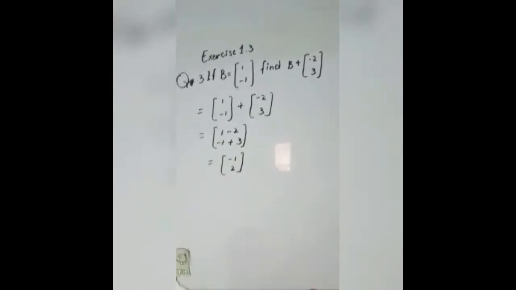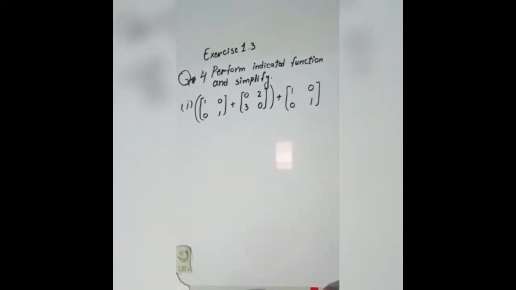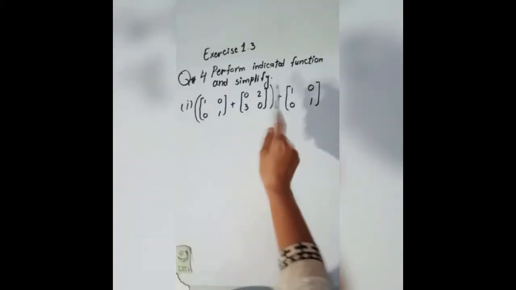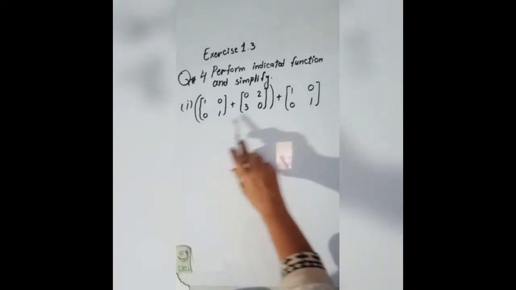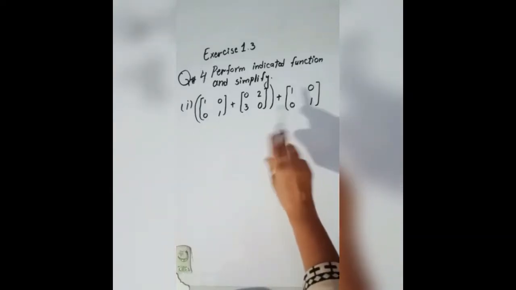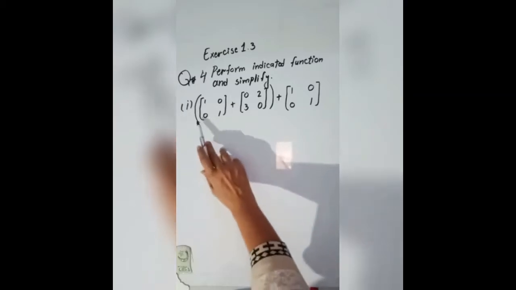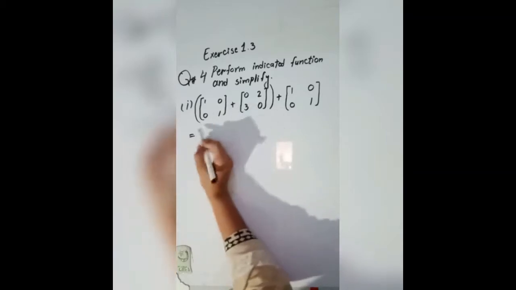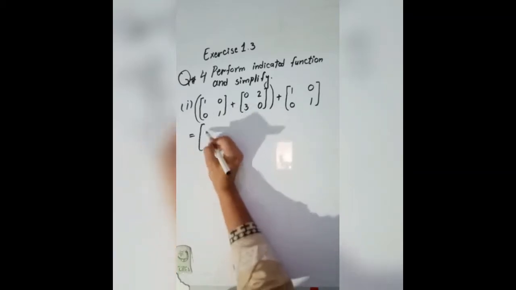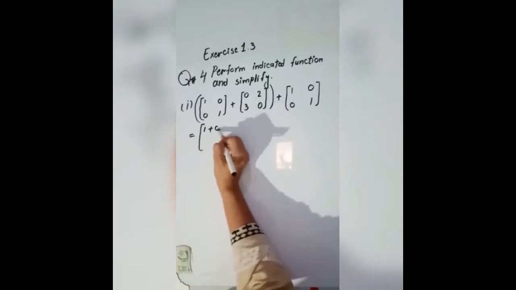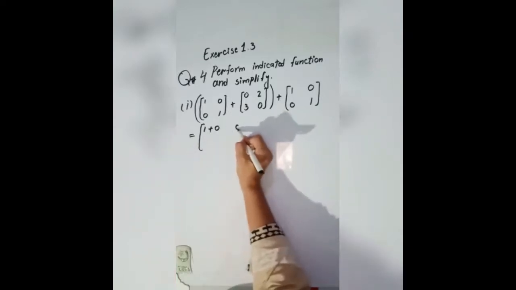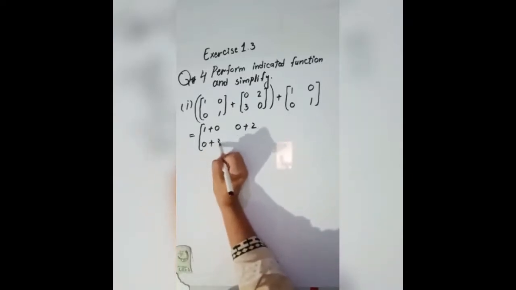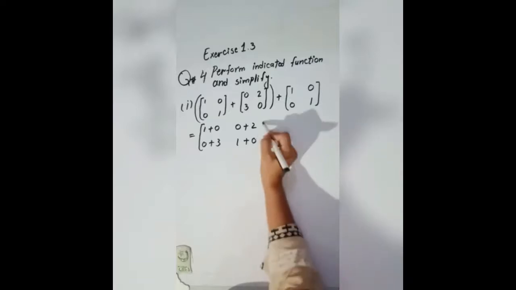क्वेश्चन 4 में हमने क्या करना है? क्वेश्चन 4 में उन्होंने बोला है परफॉर्म इंडिकेटेड फंक्शन एंड सिंप्लीफाई। हमने इंडिकेटेड फंक्शन परफॉर्म करना है और उसके बाद उसको सिंप्लीफाई करना है। तो पहले हमने ब्रैकेट को सॉल्व करना है। ब्रैकेट के अंदर जो हमारे पास मैट्रिसेस हैं, हमने उनको ऐड करना है। तो कॉरिस्पॉन्डिंग एंट्रीज को ऐड कर देंगे, 1 + 0 और 0 + 2, 0 + 3, 1 + 0,